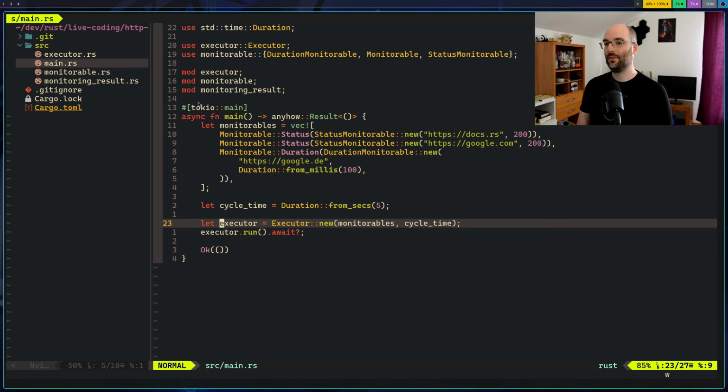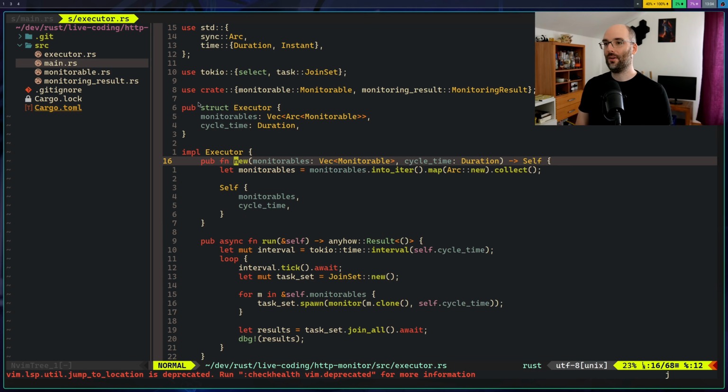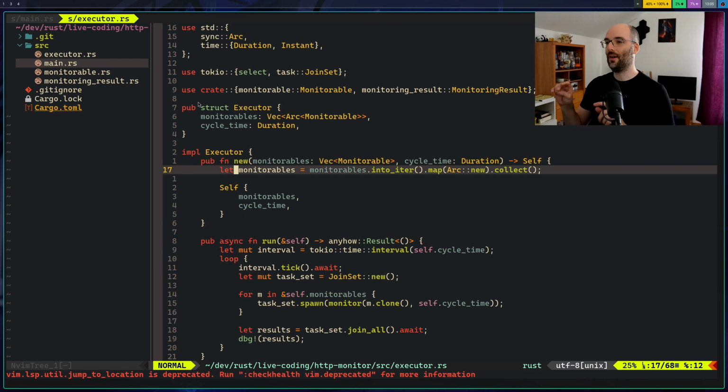So that's become cleaner, I guess. Also, creating the Arc inside the executor constructor is something that I definitely prefer over having that leak out into the main function. And the monitorable itself got way cleaner as well.